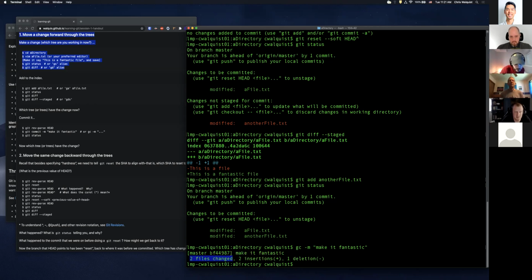So this is kind of a contrived example with only 2 files, but if I had a whole bunch of files and directories that I was working with, it would be a lot more meaningful to be able to leave that index like it was, except for just putting one more file in there, and then redo the whole thing.